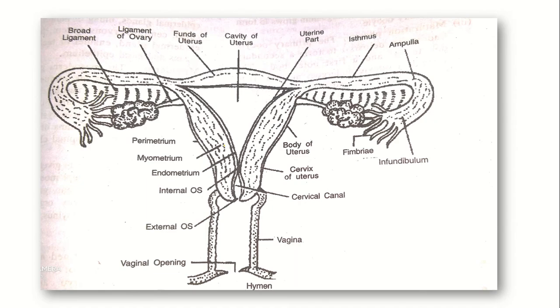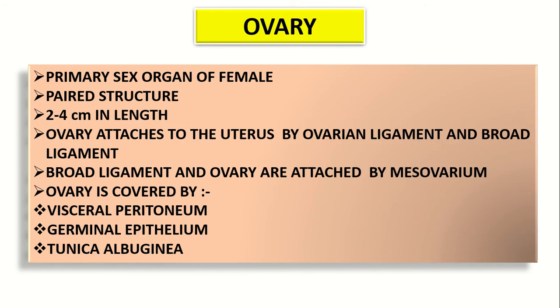See, here is a clear image. These two are the ovaries, then this tube like structures are the fallopian tube, this triangular structure is known as the uterus, and then the vagina is here. Fine. So first we will discuss about the ovaries.